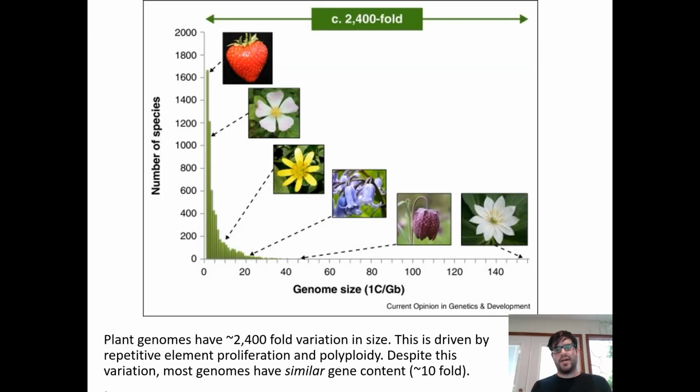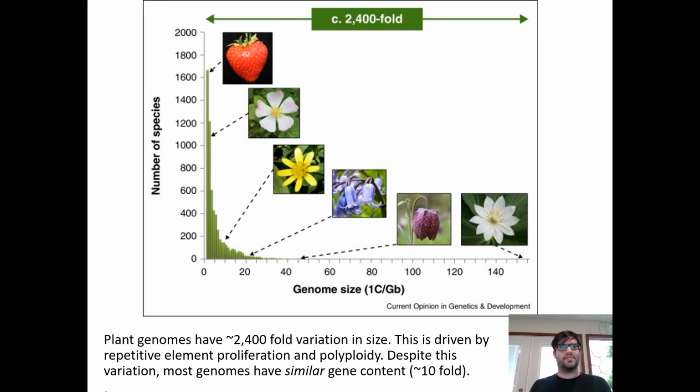Plant genomes vary massively in size and content. Generally plants have about a 10-fold variation in gene content, from about 20,000 to about 200,000, but they have over a 2,400-fold variation in genome size. And so here, we're showing